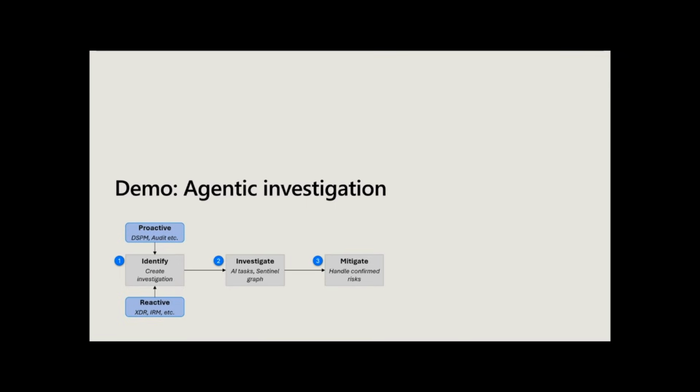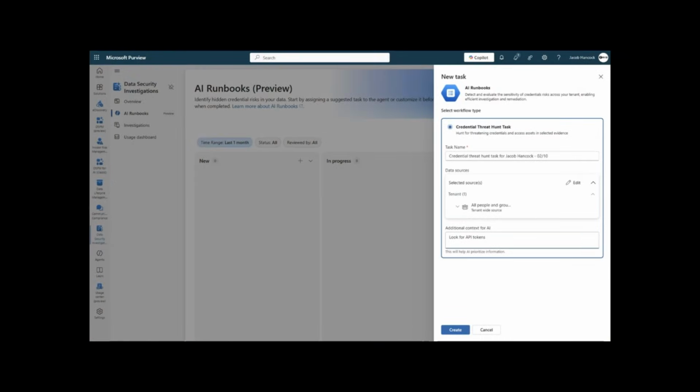Okay, so let's move on to the last demo, and a perfect tee up talking about agents. This is definitely something I'm very excited to share, because it literally was enabled worldwide in your tenant on Tuesday. So if you haven't used DSI, go to purview.microsoft.com/DSI, and there's a new entry on the left called AI Runbooks. You click there, and basically this is the screen you're seeing.